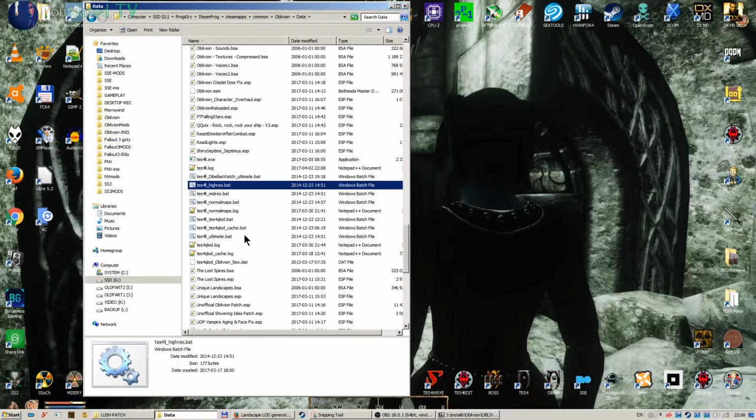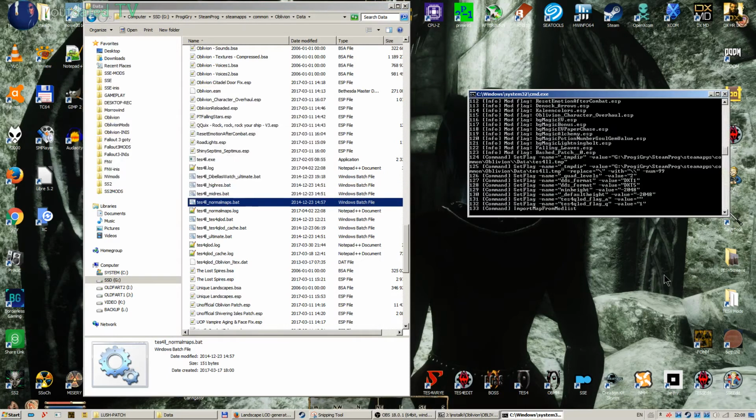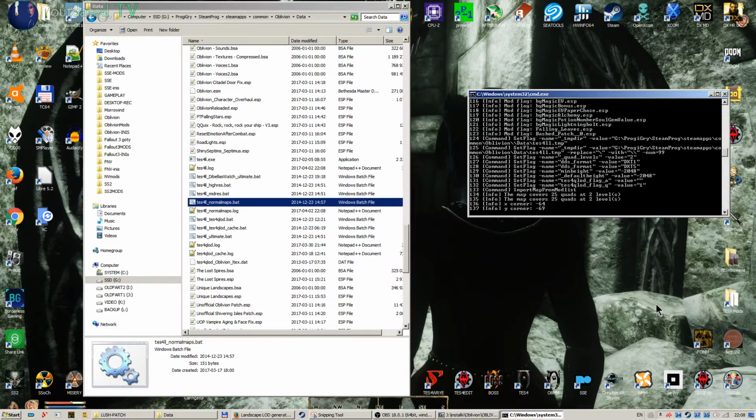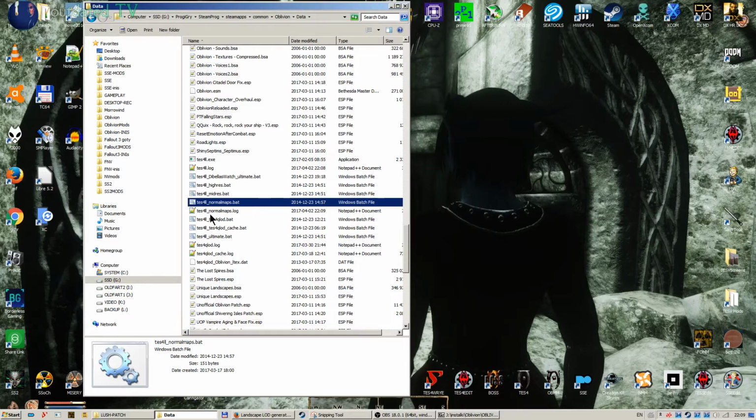I can close it, then run the next one after highres.bat, which is the normal maps.bat that I use. So again, let's wait for it to finish. Okay, it's finished. I could hear the hum of my CPU cooler when it was doing it. The normal maps have been created. I can close this window, and the third and last one I use is this one here,